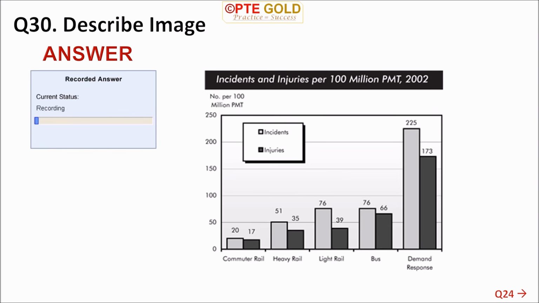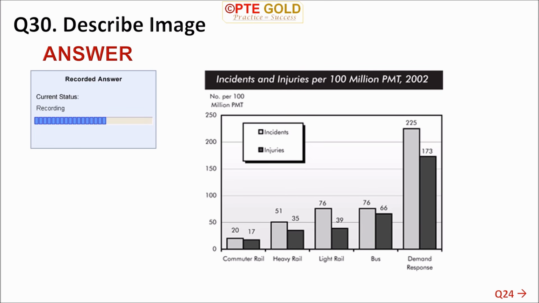The bar chart compares the number of incidents and injuries for every 100 million passenger miles traveled on 5 different types of public transport in 2002. Rail services experienced fewer problems. The number of incidents on light rail trains equaled the figure recorded for buses, but there were significantly fewer injuries,